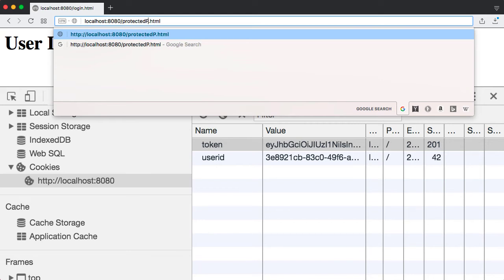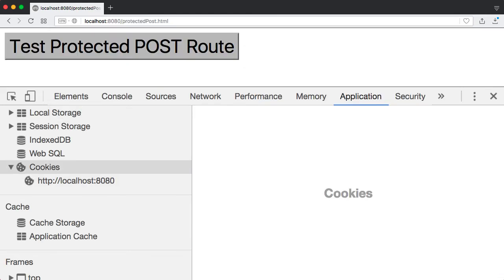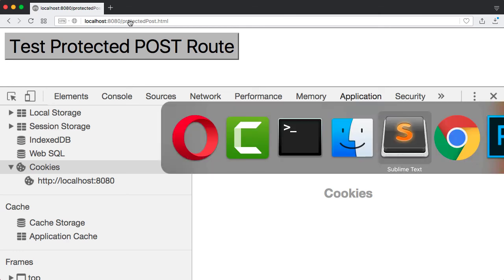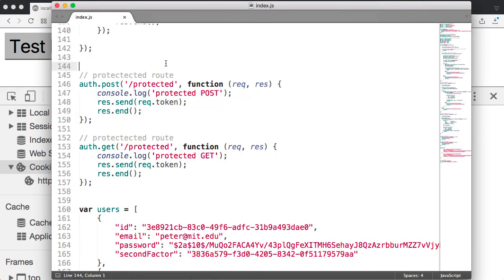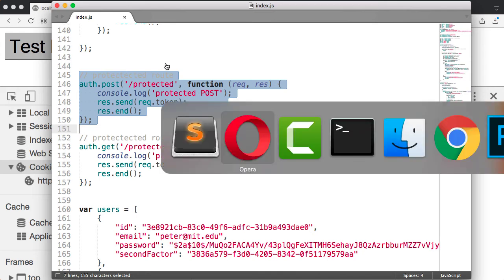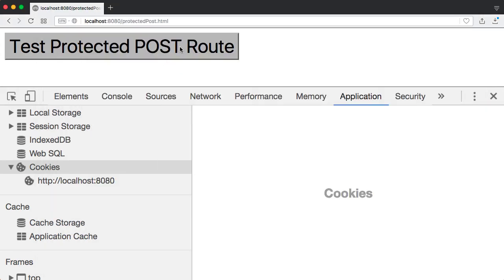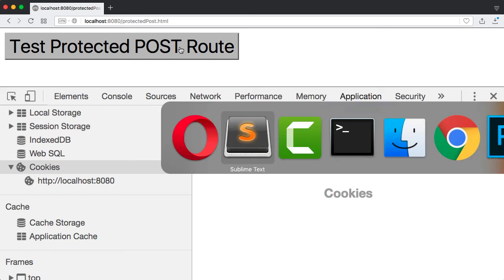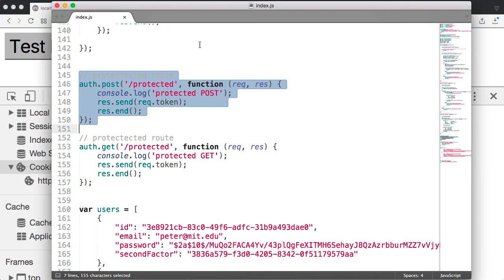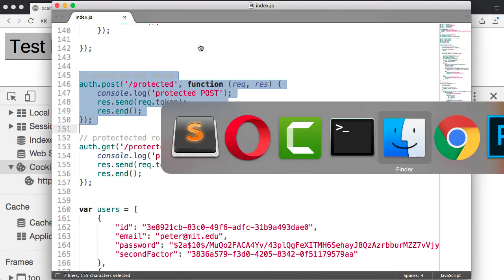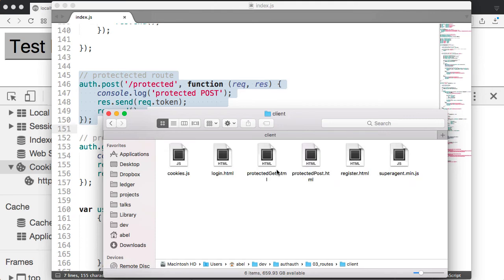And I believe this one is a protected post. If you remember from our server-side code, we have a protected post, which is this one. And we're going to go ahead and post this information back to the server. Before we do that, let's take a look at what that code is. I'm going to open that up in the client, and as you can see here is the